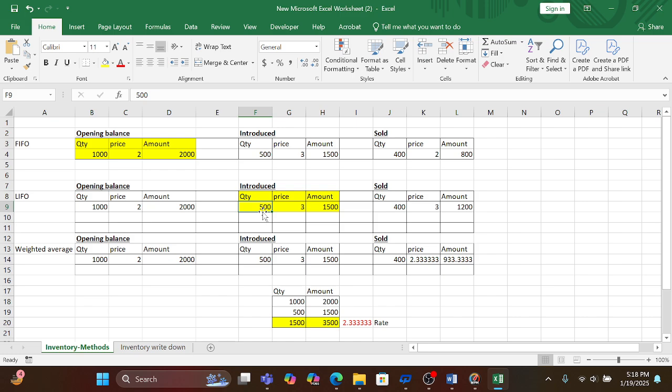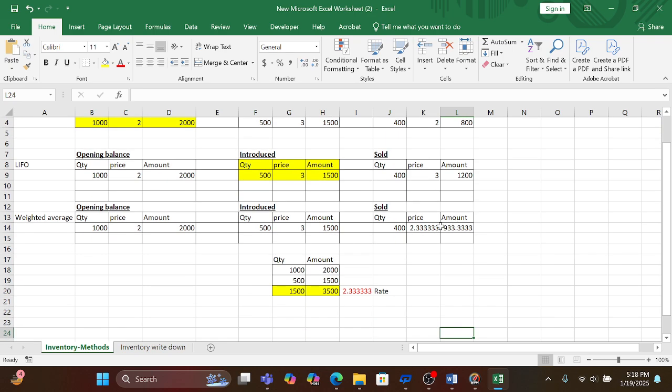So we will sell from the last quantity, 400, and the price of that quantity is 3, so our total amount will be $1200. Then we have an example of weighted average. We have an opening balance of 1000 units, and the price of those units is $2 per unit. So our total amount will be 2000, and we have introduced 500 quantity, and the price of that quantity is